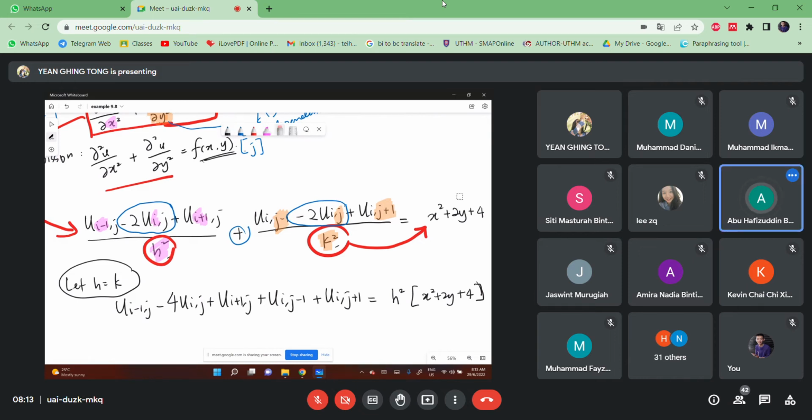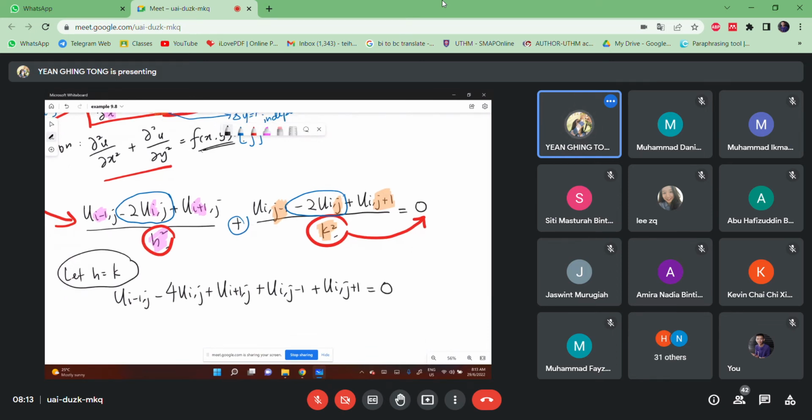Boleh. So sekarang let's say saya balik kepada, so now I go back to the Laplace. Okay, so because of Laplace, because here is 0, so it continues to become 0. So sekarang saya just jadikan kosong lah. Okay, so I just put it as 0 for the Laplace. So if now,